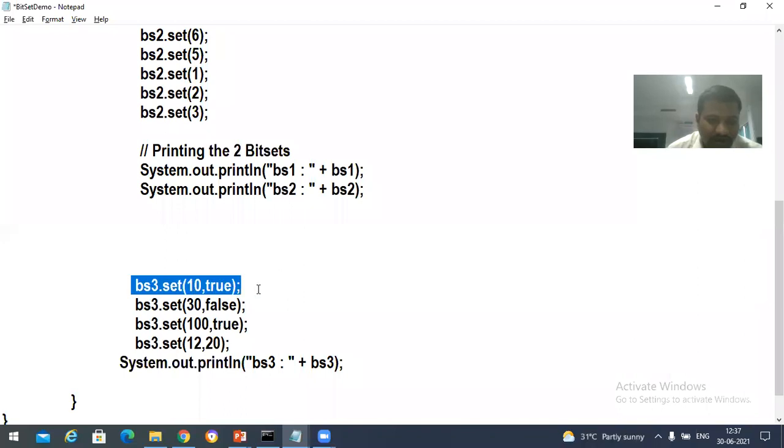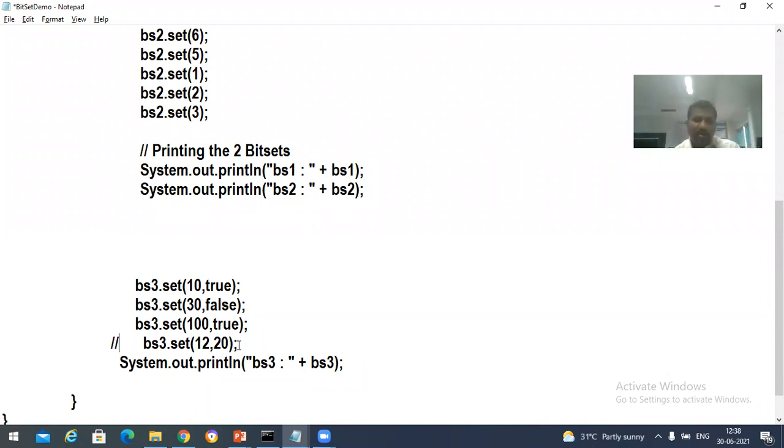So BS3.set of 10 comma true we have taken, 30 comma false we have taken, 100 comma true, and then 12 comma 20. Let's forget about this 12 comma 20. We'll discuss it later. Now let us focus on this. Which elements will come into this BS3? Along with that we have taken one Boolean value. So if the Boolean value is